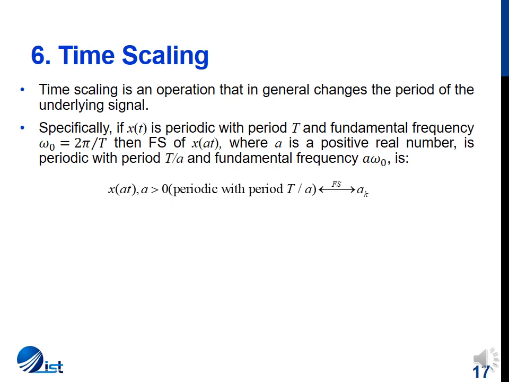So what we have discussed can be applied in terms of Fourier series as, if we say x of at with a greater than 0, the new signal is periodic with a period T by a, then the Fourier series coefficients are ak, which means that the magnitude of the coefficients are the same. Now we remember that whenever we plot Fourier series, we plot it with respect to k, and we just plot it with respect to omega naught, and we always say that plotting against omega is more meaningful. So we are going to see through an example on the next slide how time scaling affects it.